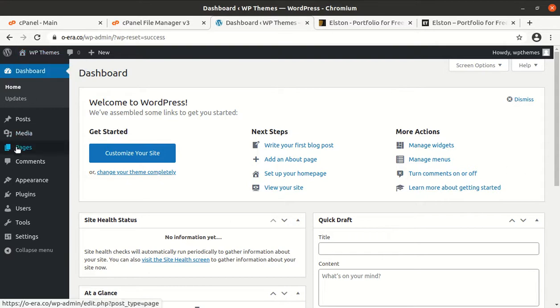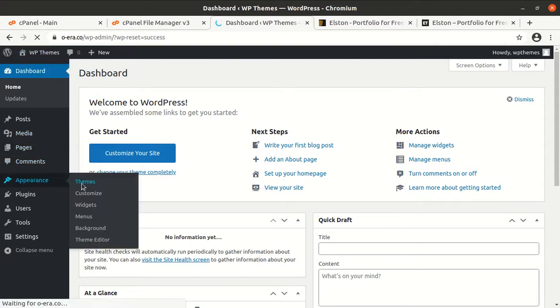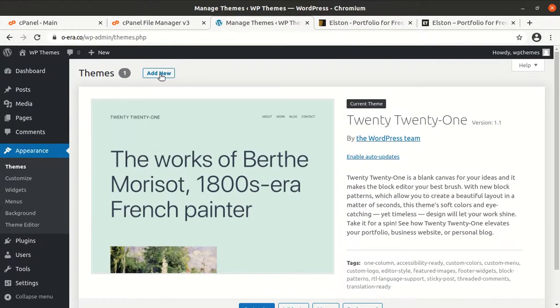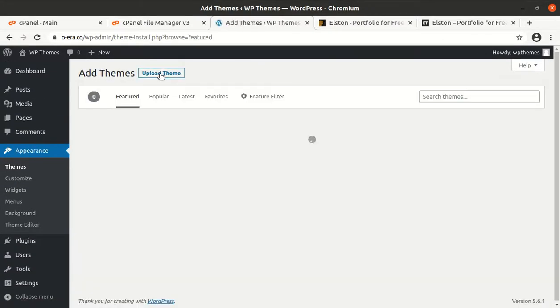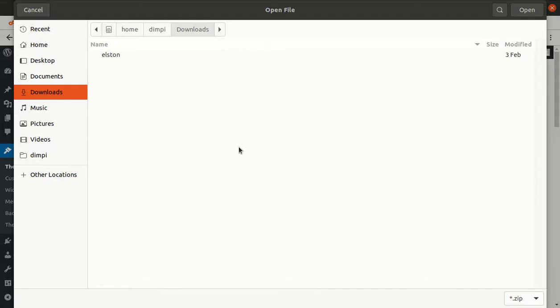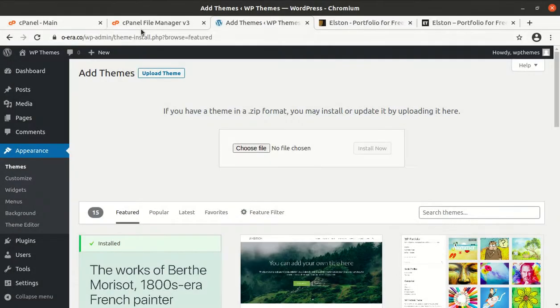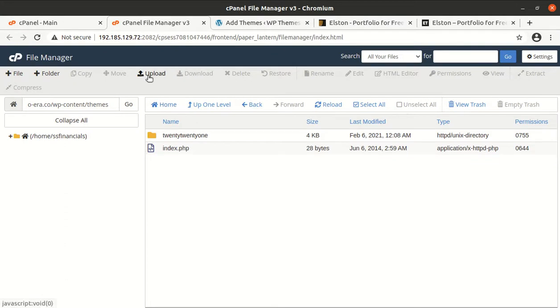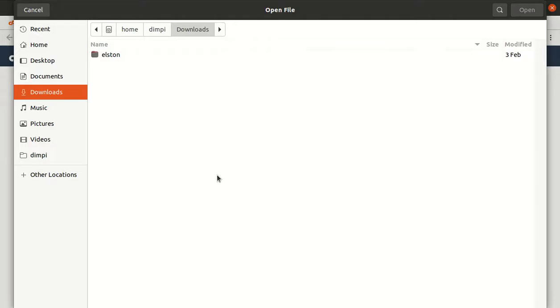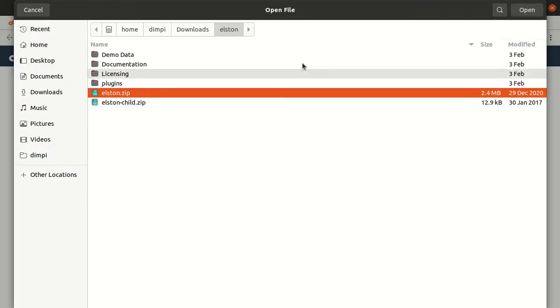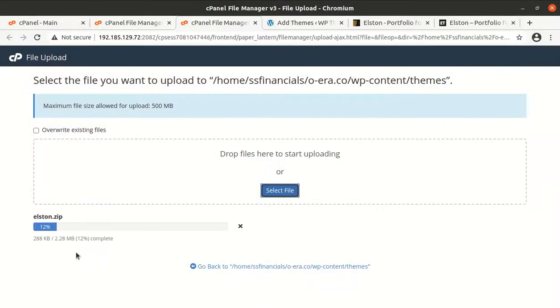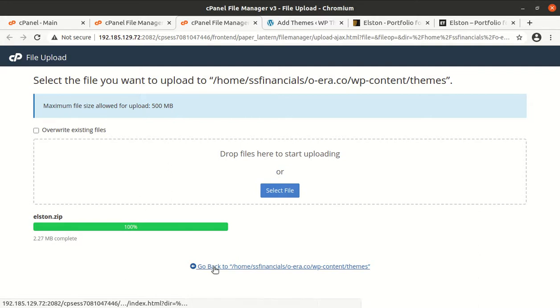For this we need to go in the theme section of WordPress installation, add new, upload theme, choose file, and here you need to choose the elston.zip file, and if you are having direct access on your hosting you can upload the same file in the wp-content themes folder. I'm doing the same. It will save some time, and theme size is very less. It is a lightweight theme. It is just 2.28 MB in size, and once the progress bar turns green you can